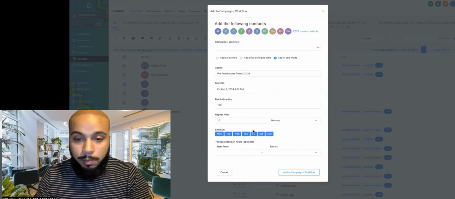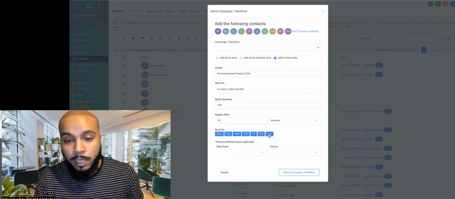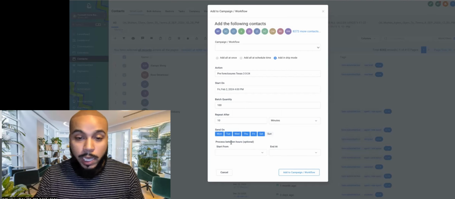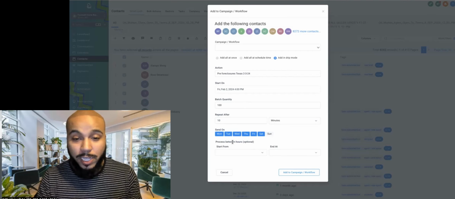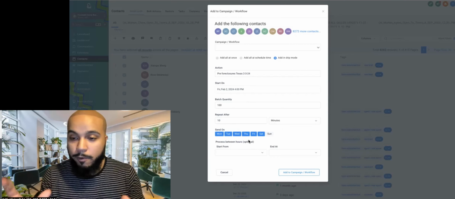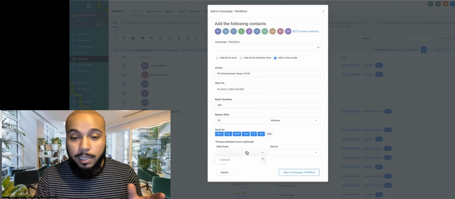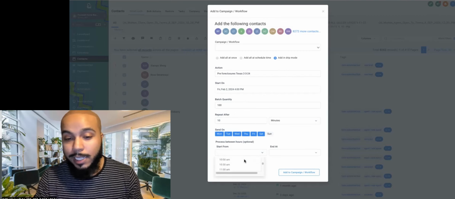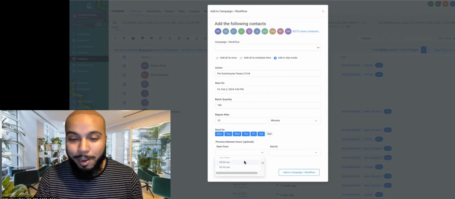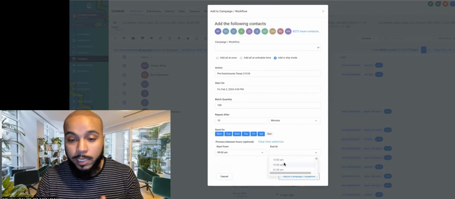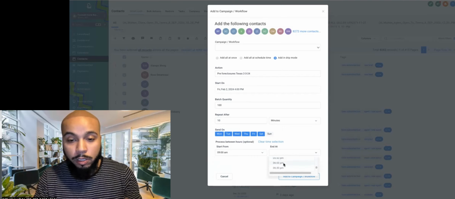I'm just going to use this example. And what you'll do here, send on. So, you can unmark Sundays if you don't want it to go on Sundays. And you always want to make sure that you're setting a process hours time frame, right? Because you don't want your people to get called at 3 a.m. No matter how motivated that lead is, like they're not going to be happy about getting a call at 3, 4 a.m. Right. So you want to set a block on this, to whatever time is reasonable in your market, and it'll look at